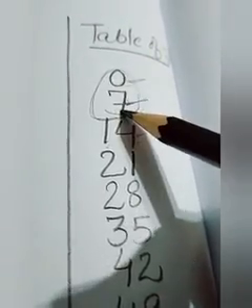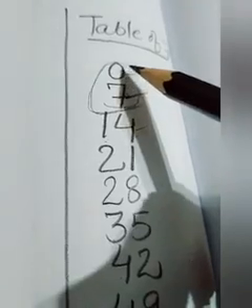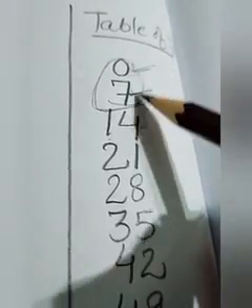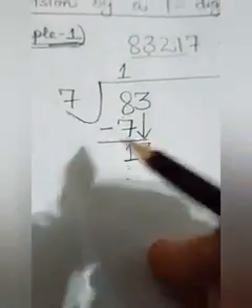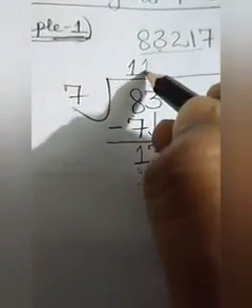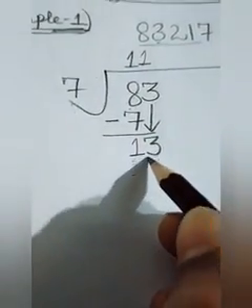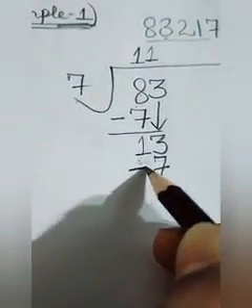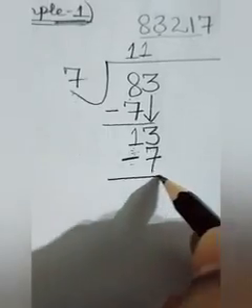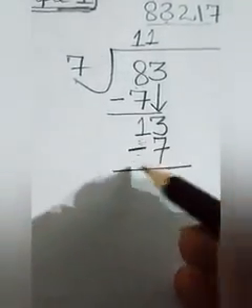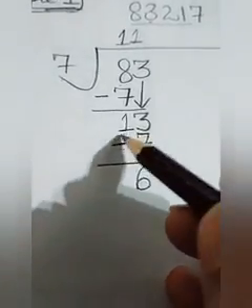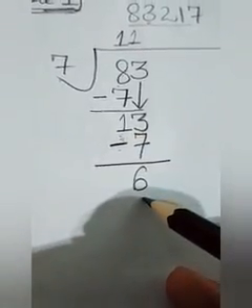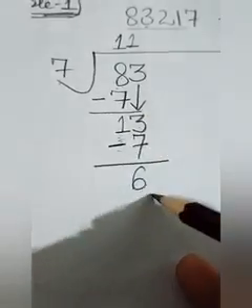Out of 0 and 7, which number will be written here? As I already told you, the first number we will not write, we will write the second number, and that is 7. So here see how we will do. 7 ones the 7 and this will be subtracted. Yes, now 13 minus 7, what is there? 6 is there. Yes, now this we have done up to subtraction.